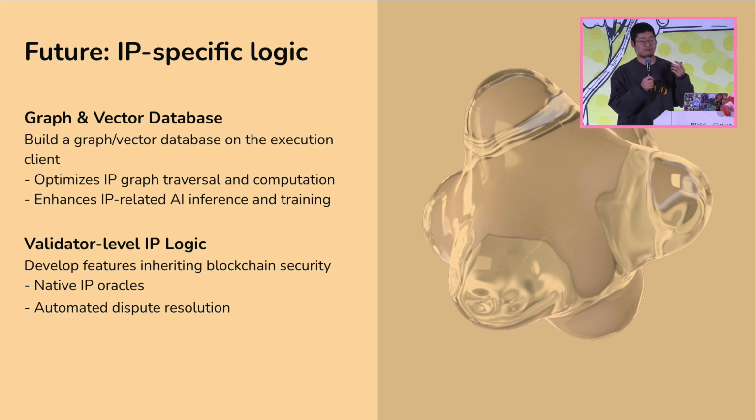The second part is validator-related innovations. One of the most exciting items on the roadmap for the near future is the decentralized IP oracle. One of the future imaginations that I've witnessed is: are we able to allow normal Web2 companies to start running validators, acting as an IP oracle, where we can further use that data to prevent infringement or detect copyright violations earlier, to support our automated dispute resolution?